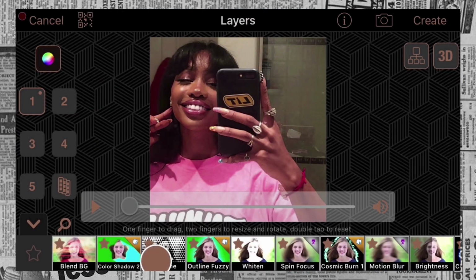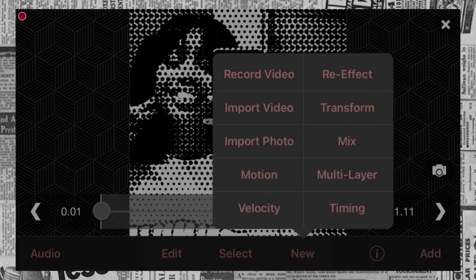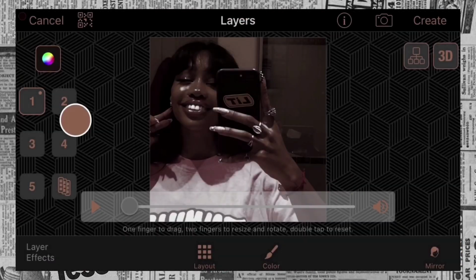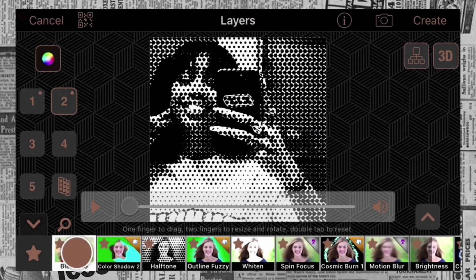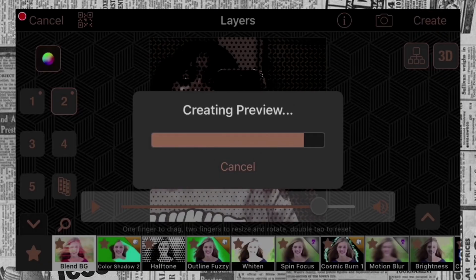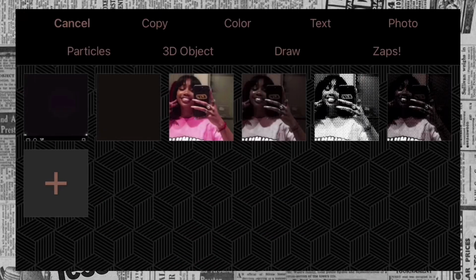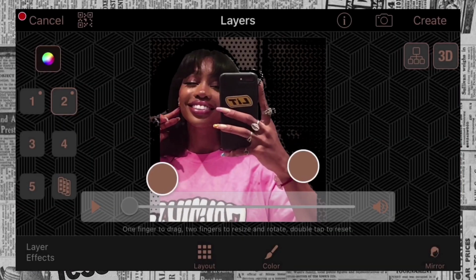Click multi-layer, click the photo, click halftone, boom, pow. Click new, multi-layer, then click your color thing, then blend it. Click that one, yup, period. You're done. No, you're not. Click multi-layer, click that again, click photo, add your cutout, size it up,